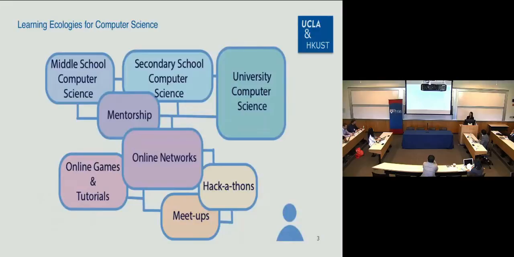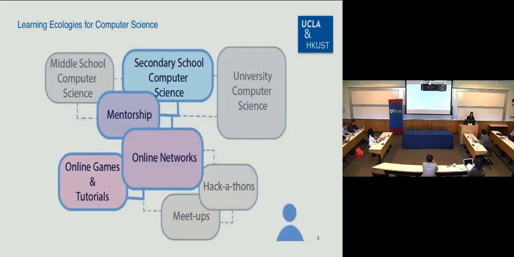And ideally, you would think that most students have some sort of learning ecology. This would be a very, very expert kind of student who has access to all these things. Most of us would not have that. So most of us, maybe you would have something more like that, or something more like that, where the access that you have to resources, online books, mentors, anything like that might just only be online,